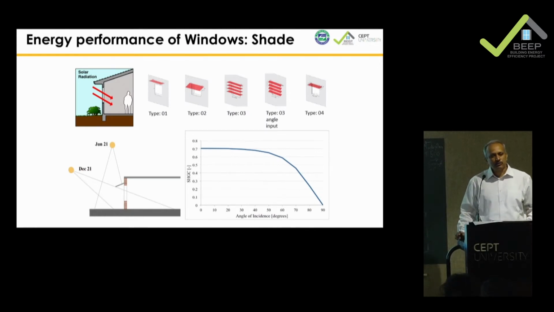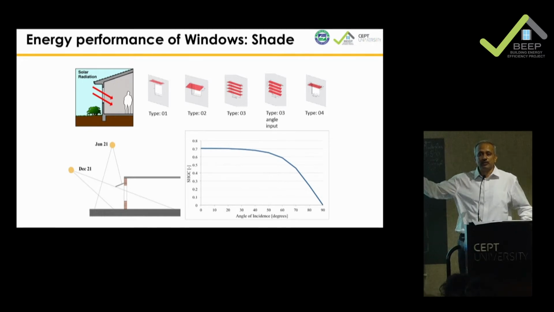Most important, the solar heat gain coefficient, what all we were talking about with the low E glass, all of that is possible to achieve with a single pane glass, provided you have good shading. The moment you shade, you are obstructing the solar radiation on the vertical pane, and you are decreasing the solar heat gain coefficient, which is beneficial to you, right? A high